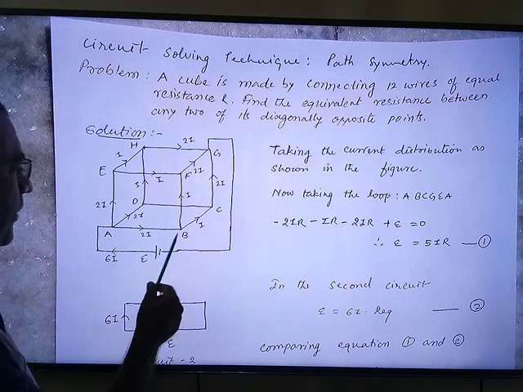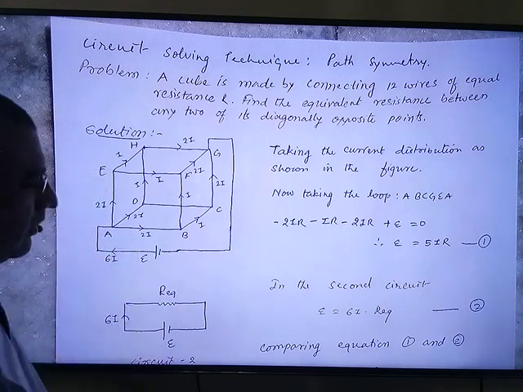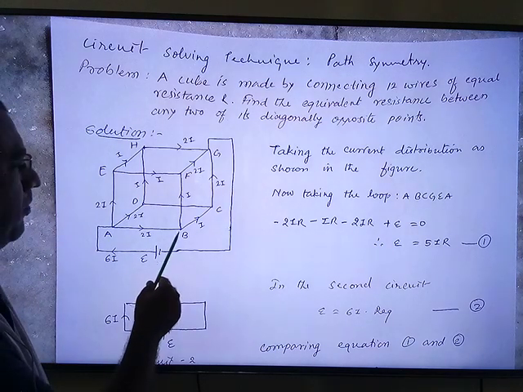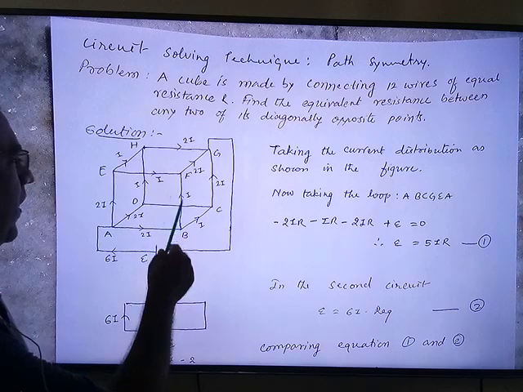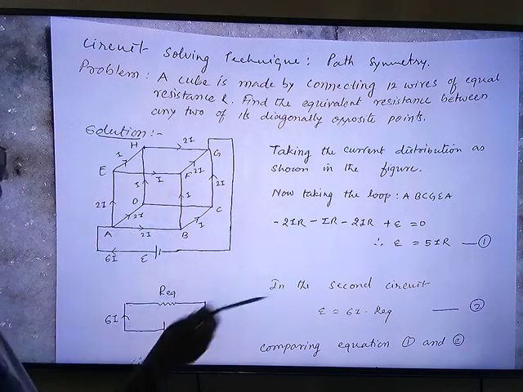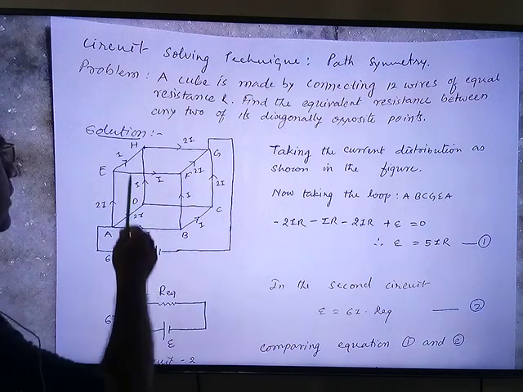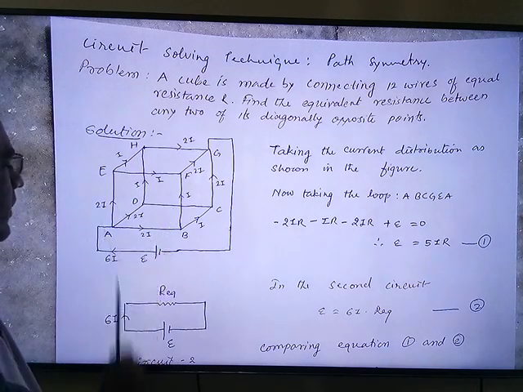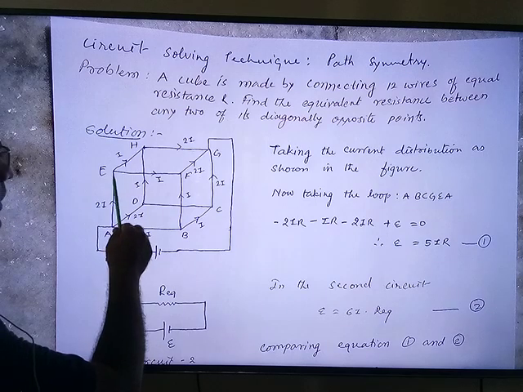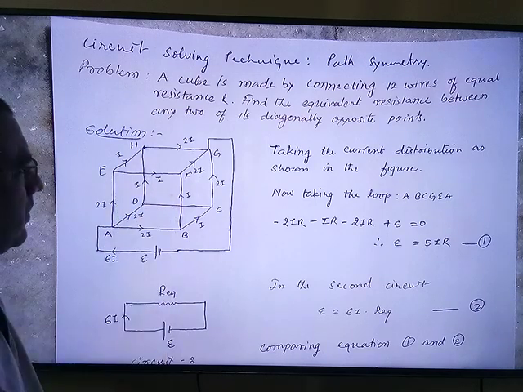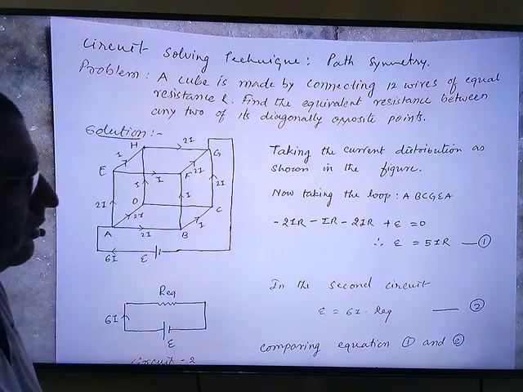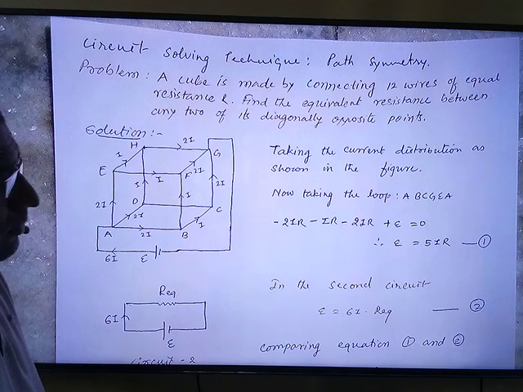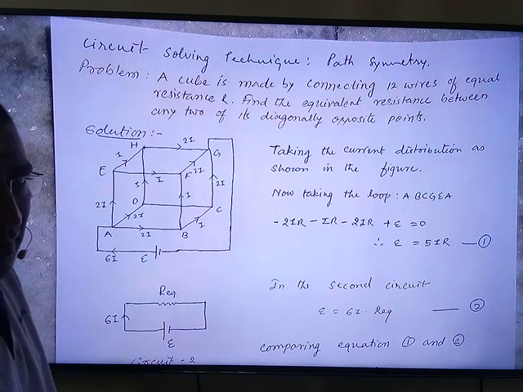Now from points B, D and E, the currents are getting divided into 2 equal branches. So from B to C, I, from B to F, I currents are flowing. And likewise from D to C and D to H, I ampere of current is flowing. I have not shown I current here. From E, again I and I currents are flowing. So this is all about the current distribution. And in path symmetry, the current distribution is of more importance.